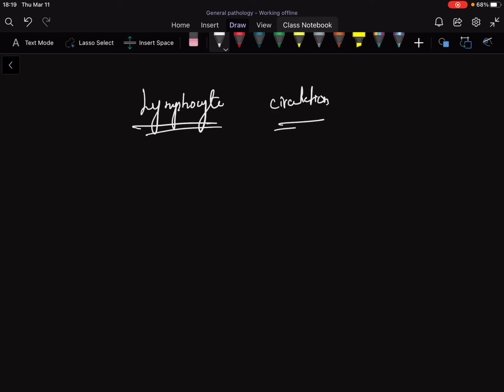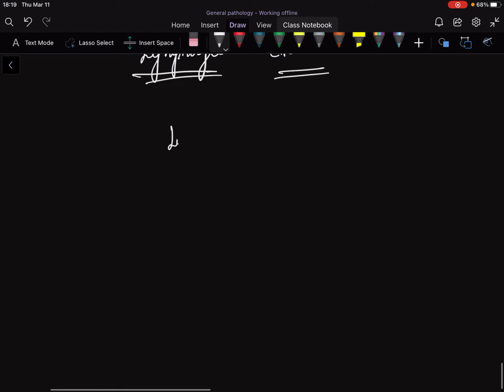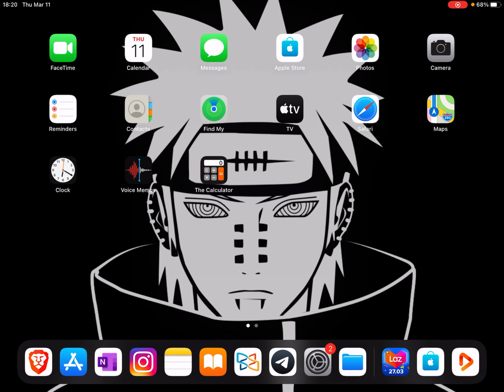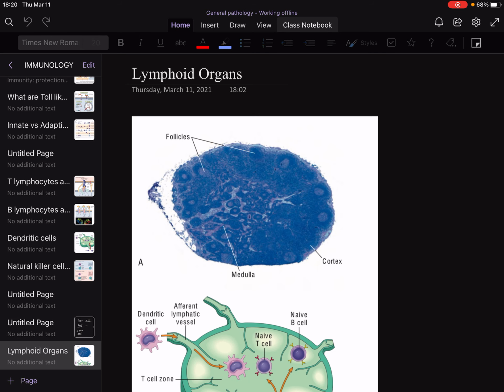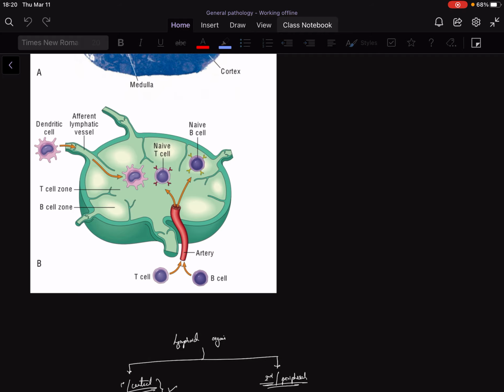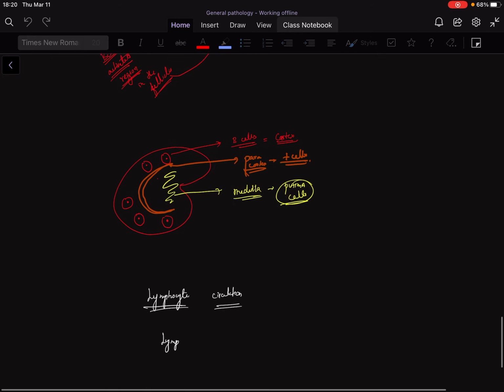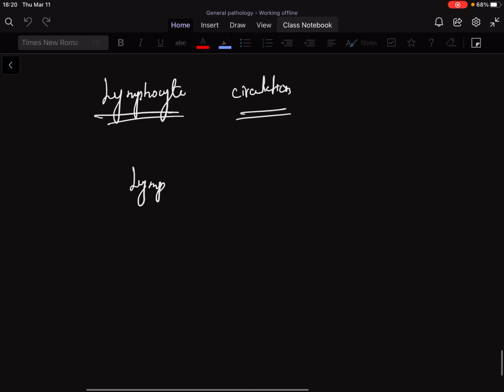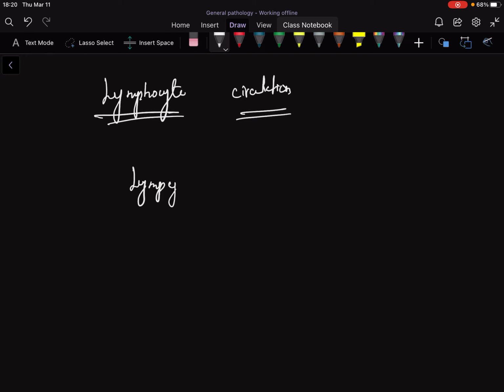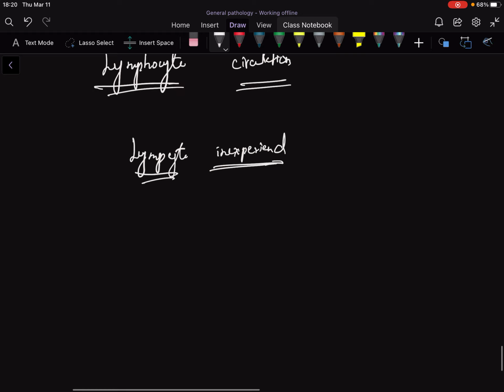As you know, lymphocytes which are inexperienced have to gain experience. For this, what they will do, they will go to the lymph node, right? These are the lymphocytes which are inexperienced, they go to the lymph node,